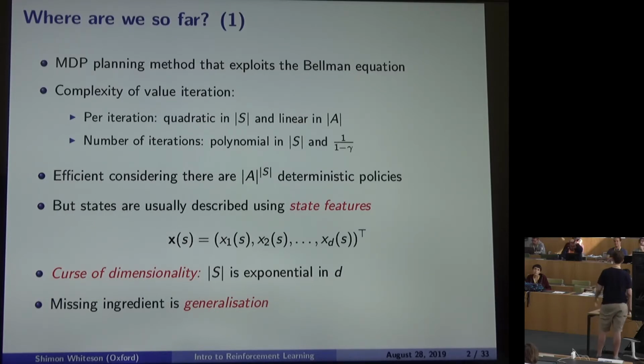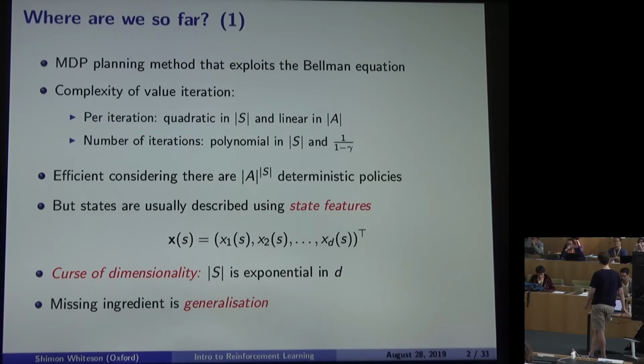The number of iterations that I will need to do to converge is polynomial in the size of the state space, and this quantity 1 over 1 minus gamma, which is like the sum of all the weighted terms that are based on gamma. So on the one hand, this is an efficient algorithm, because if you think about a naive, exhaustive approach that doesn't leverage the Bellman equation and just says, okay, let's take every possible deterministic policy and look at its value and then pick the best deterministic policy, that would be much less efficient, because there are an exponential number of deterministic policies,